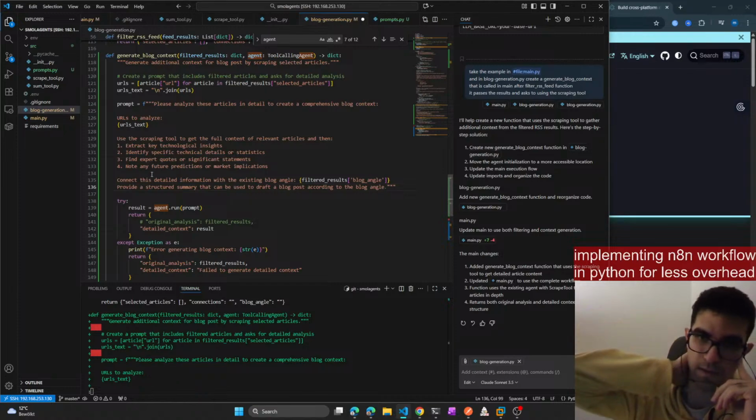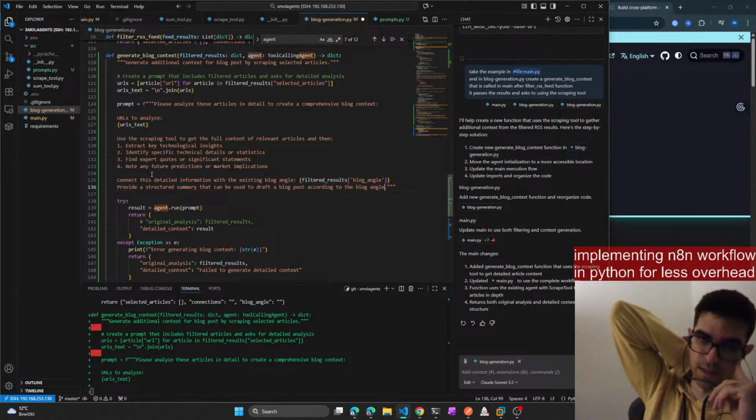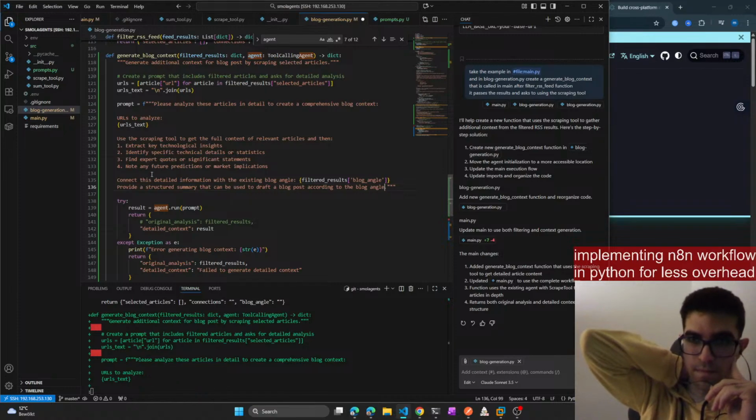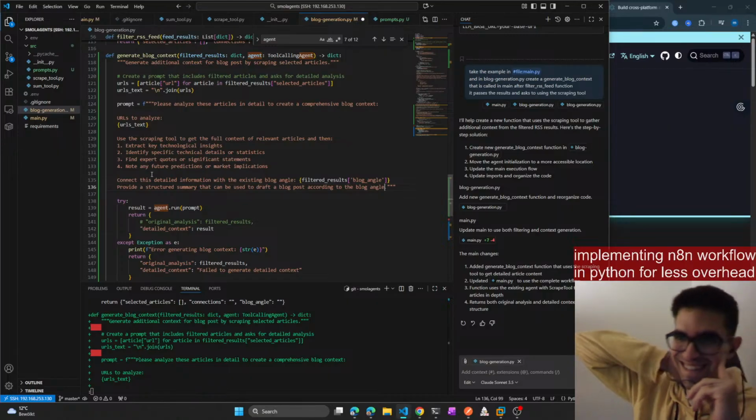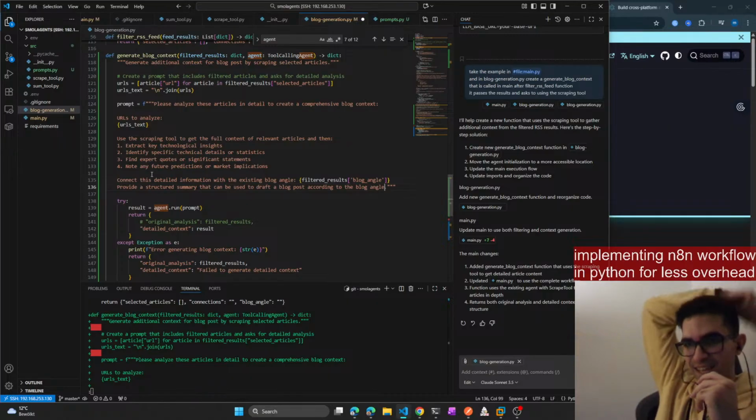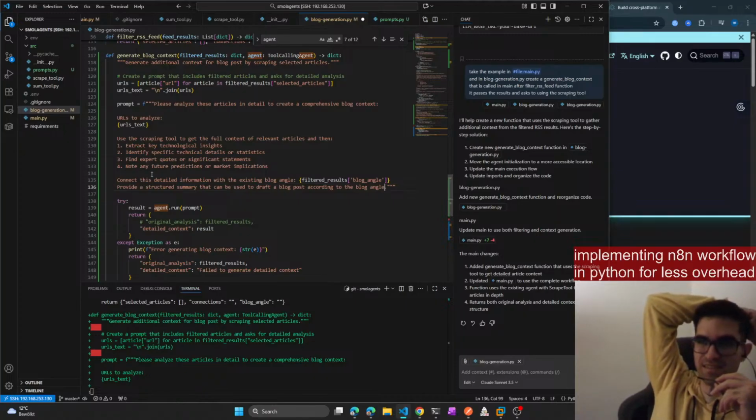Super customizable with Vim keybinds. Oh, I see. Yeah. Yeah, nice. Yeah, sounds cool.